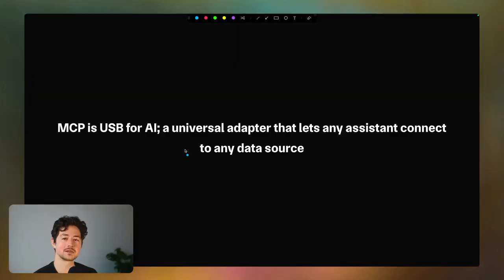and then generates. Let's talk a little bit about Model Context Protocol. So this is essentially a USB for AI. The idea is that it is a universal adapter that lets any assistant, whatever model family, connect to any data